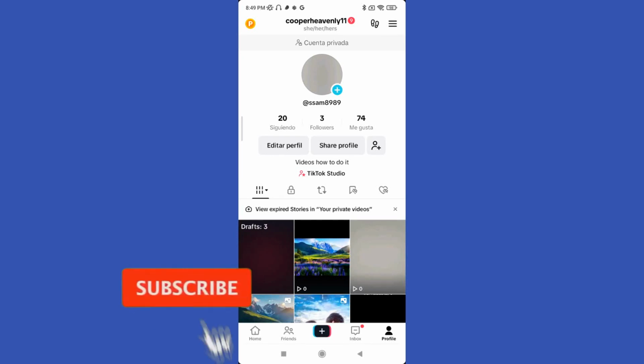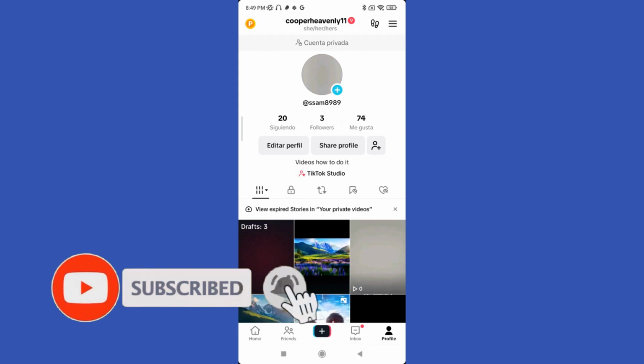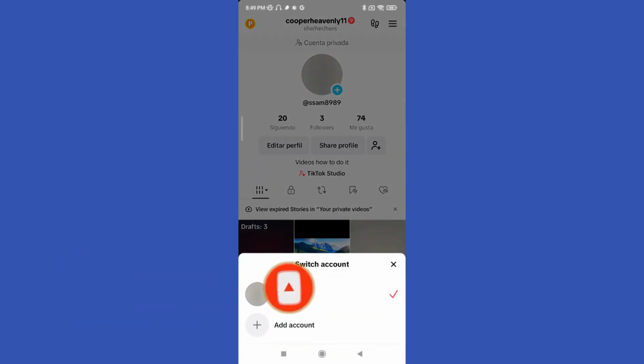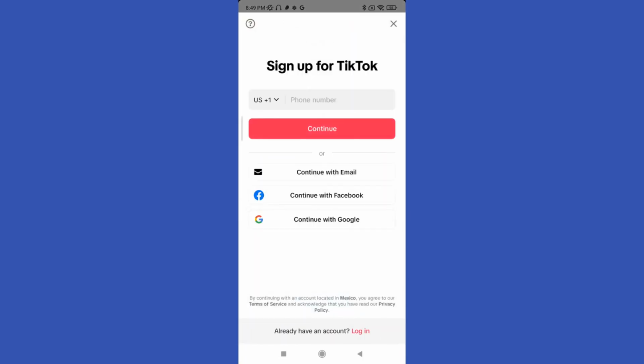This time we'll check how to make a new account on TikTok if you got banned. So let's start. If you can't log in to your account, well, you have to create a new account